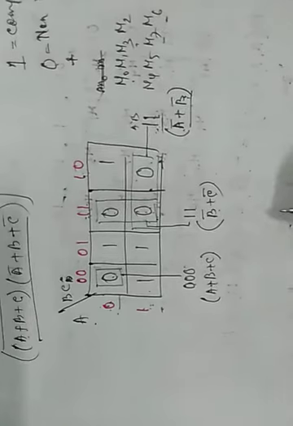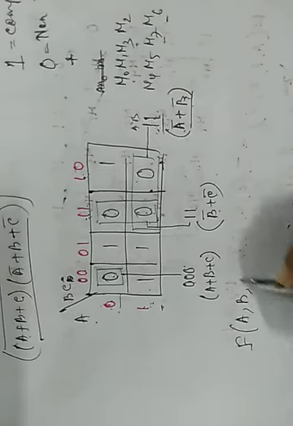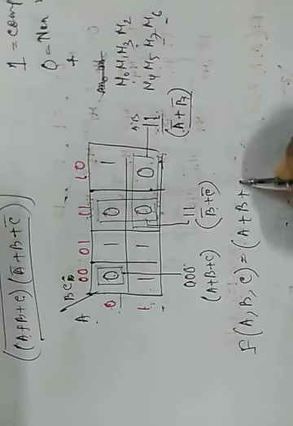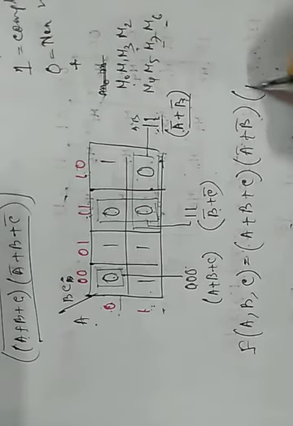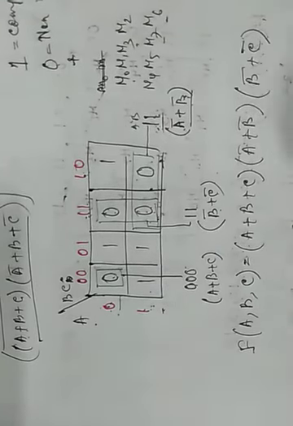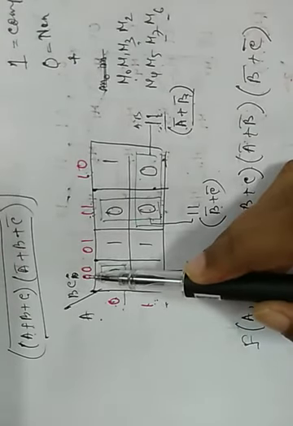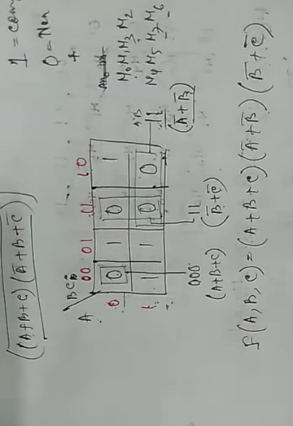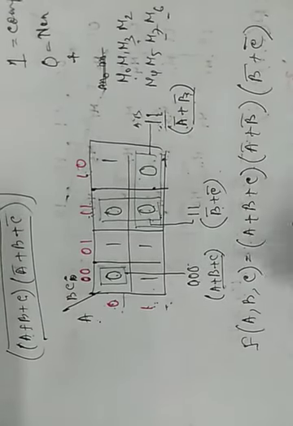Okay, so our expression is F(A,B,C) equals (a plus b plus c)(a bar plus b bar)(b bar plus c bar). Okay, it is very easy, but you should keep in mind that for max term value, for 1 we take the complement, and for 0 we take the variable as it is, and every variable should be in a plus form.